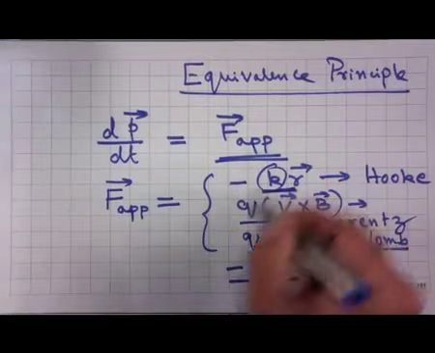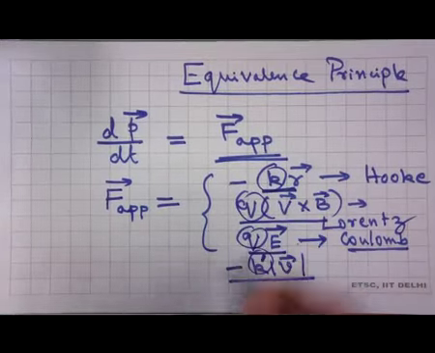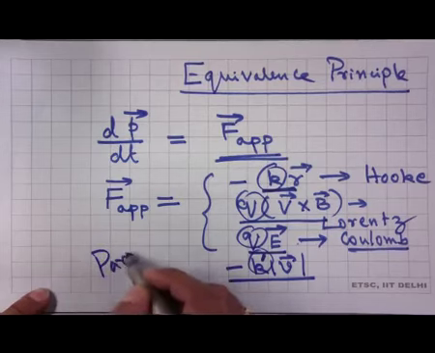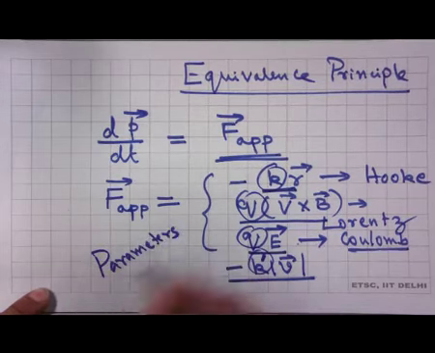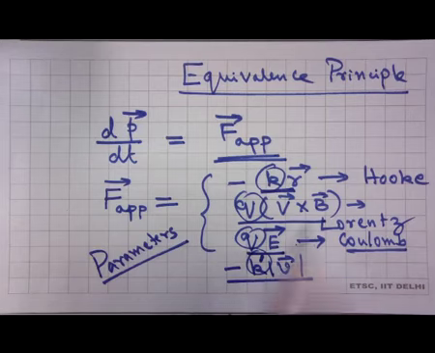The second one is, what is the strength? Now the strength is characterized by what I call Q, K, K prime, and these are parameters. These are the strengths. For the same magnetic field or for the same electric field, if you put different bodies of different charges, they respond differently. So increase the charge by a factor of 2, the force increases by a factor of 2. Decrease the charge by 50%, the force decreases by 50%, so on and so forth.